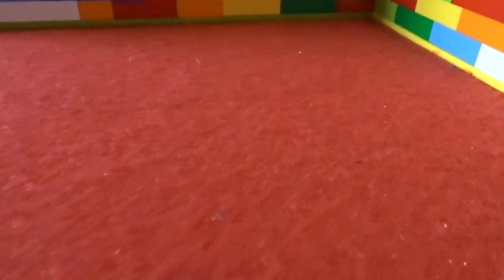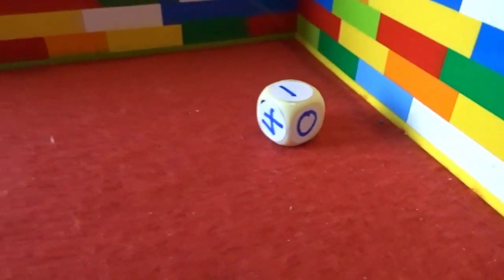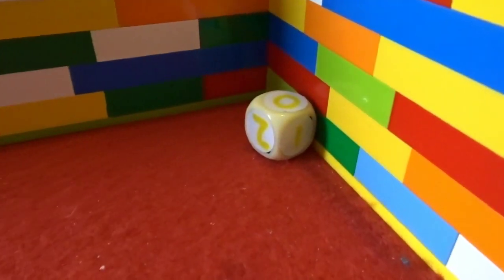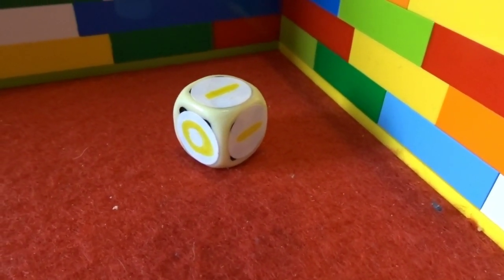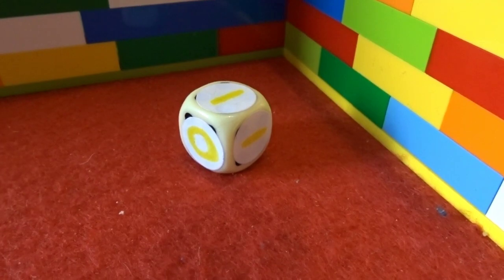Newcastle, 1. Man United, 1. So 1-1 after normal time, and this is where the extra time die comes into play. It's the yellow die. Newcastle, 0. Man United, 1. So that is a 2-1 victory to Man United after extra time, and Man U goes through